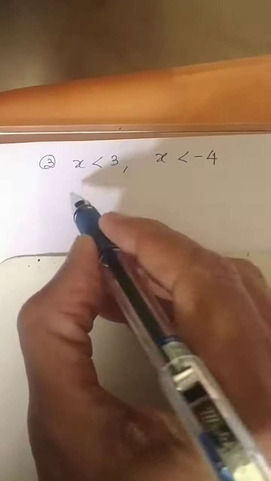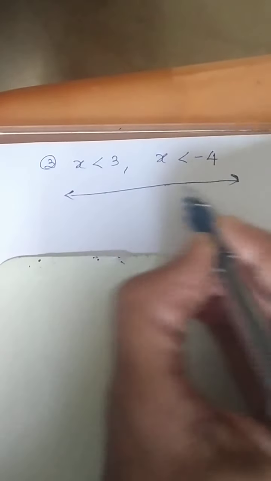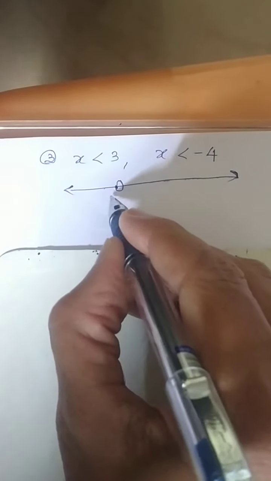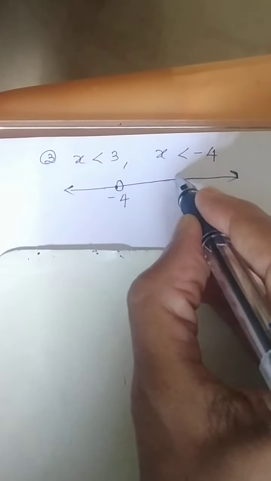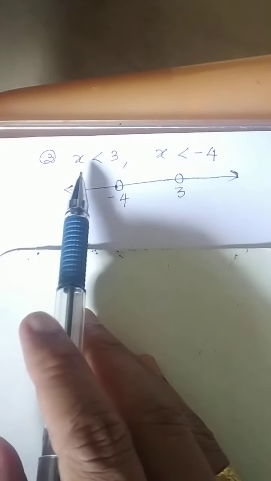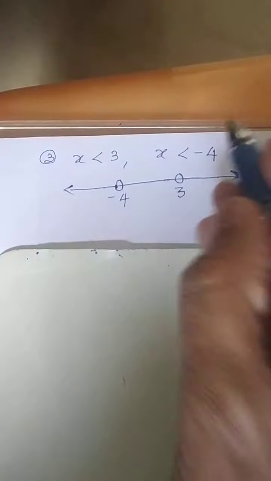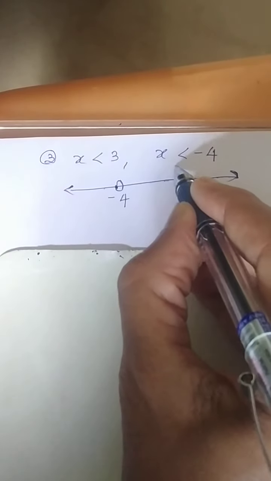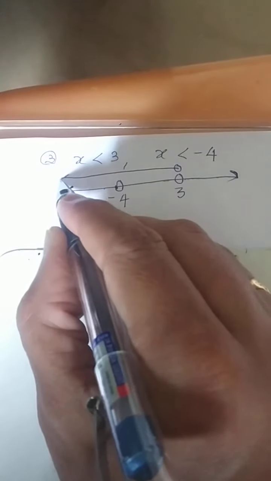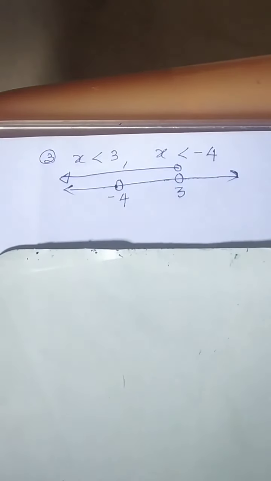Okay. Now sometimes two inequations will be given, and then you have to think about the solution. Let us consider two inequations. Which number will be on the left hand side? Okay, correct. So I will always keep minus 4 over here, open only, and this is 3. Now talk about the situation. x is less than 3. So I should start from this number and move on the left hand side. All numbers will satisfy. Are you following?